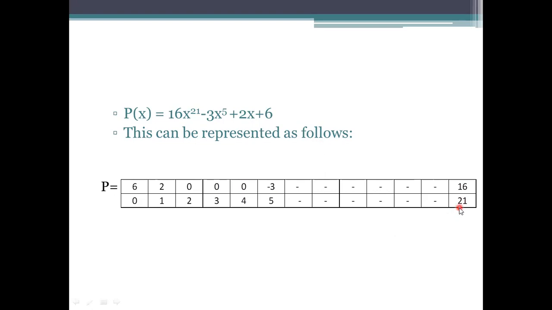Here it is using the value 21 as a degree, and at this degree it is storing the coefficient value, which is 16. And the remaining one here, 5, is the degree now. What is the value of that one? Along with the sign, if there is a sign, we need to store that too, that is -3 has to be stored here. And coming to this representation, this is to the power of 1, the coefficient is 2, and then next here the 6.